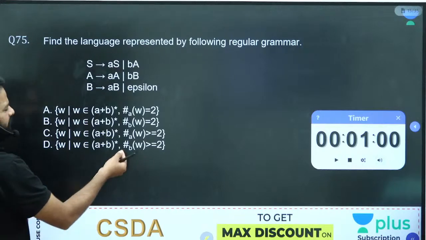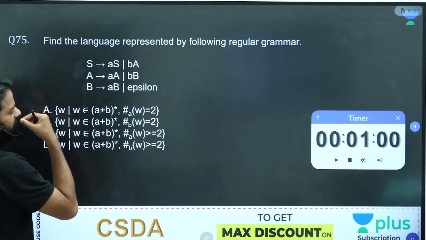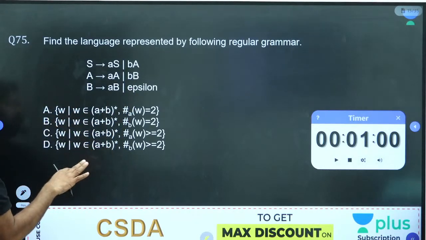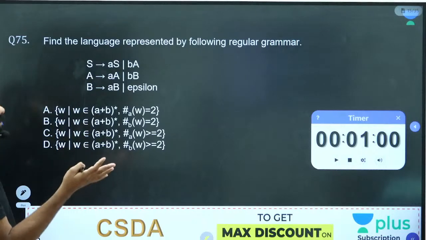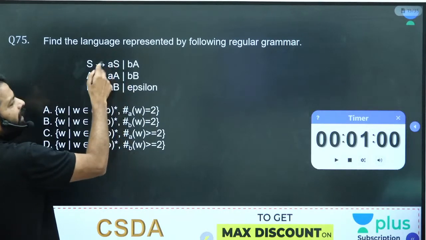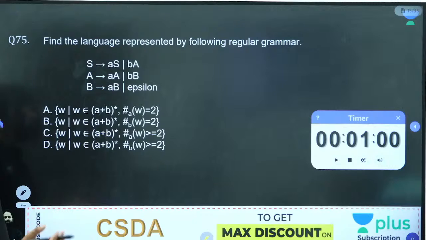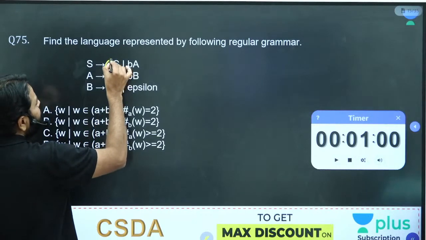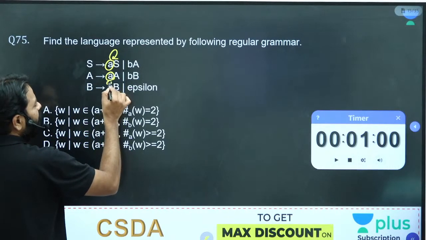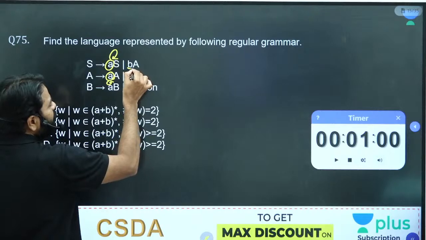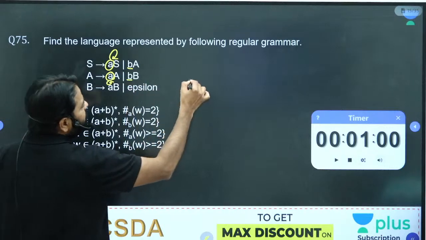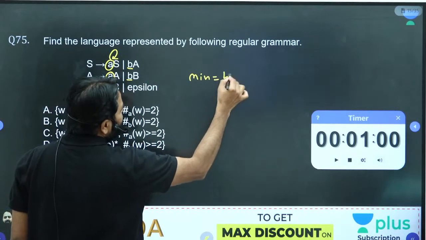The question depends on the number of A's and number of B's, right? So this grammar you can convert into an expression or understand as you want. If you take the minimum string, you can get some idea. S can go to, if you repeat it, A's will repeat. Are you counting A's? No, you are not counting because anything can happen with A's. But B you are remembering, so you go to A, and again B you are remembering, you go to B, and the minimum string comes as double B. So the answer depends on the number of B's.